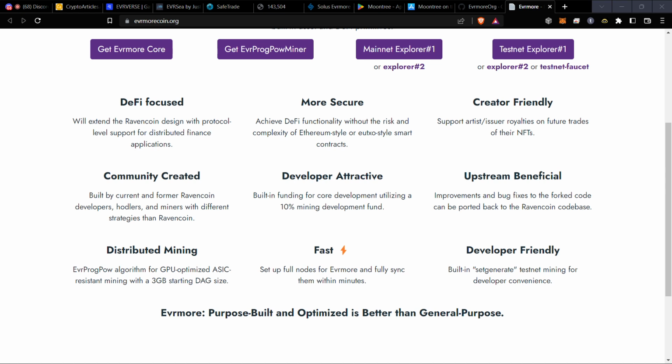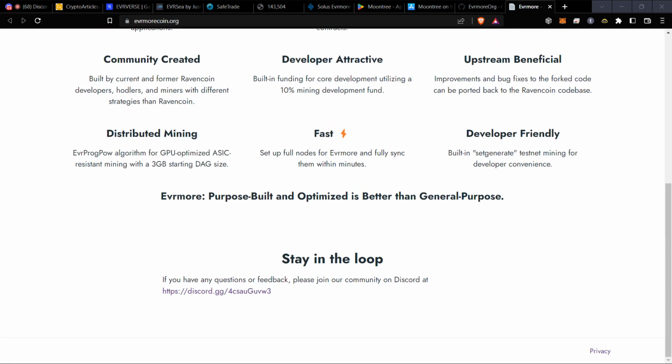It is fast, very, very, very fast. I've downloaded a lot of QT wallets, and this wallet is the fastest. All right, it is developer friendly. Evrmore purpose built and optimized is better than general purpose. All right, that is